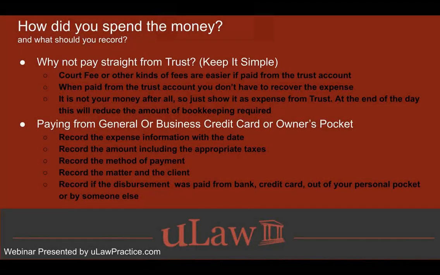So this is one thing. The next thing I could say is that showing it as paid out of trust has one other advantage: you're not using your money, so your money is not blocked. Your money that is sitting in the general account, or let's say your capital sitting in the general account, you're not using it. You're using the trust money, so it's not your money.